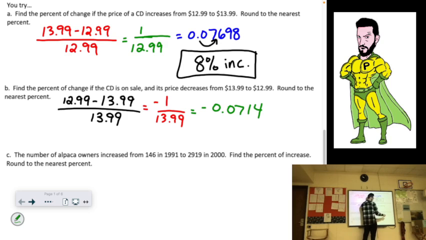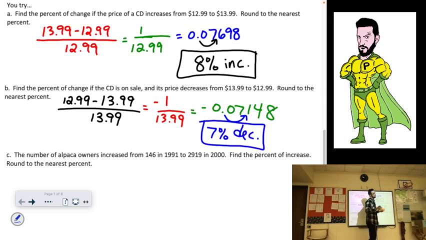And then there's a 7 after that, and a 9, so you can say, if you move it twice, it becomes 7.1%, which is just a 7% decrease. So not a huge difference, but it is a difference. So just because you flip the order of new and old doesn't mean it's going to come out just the